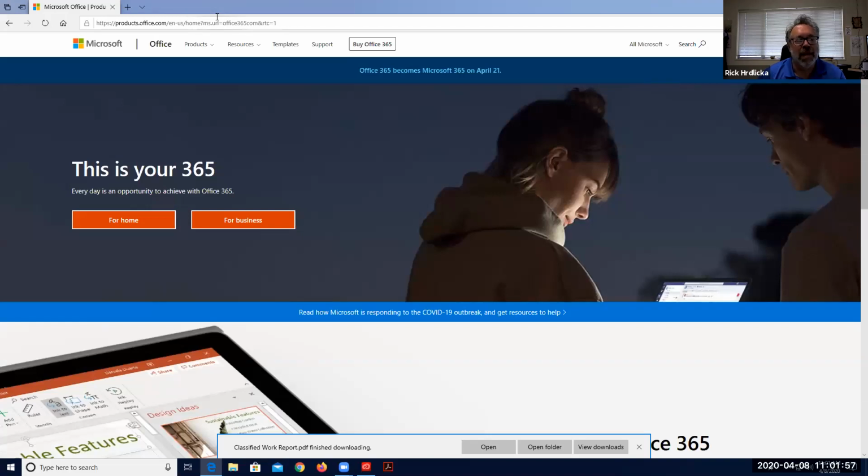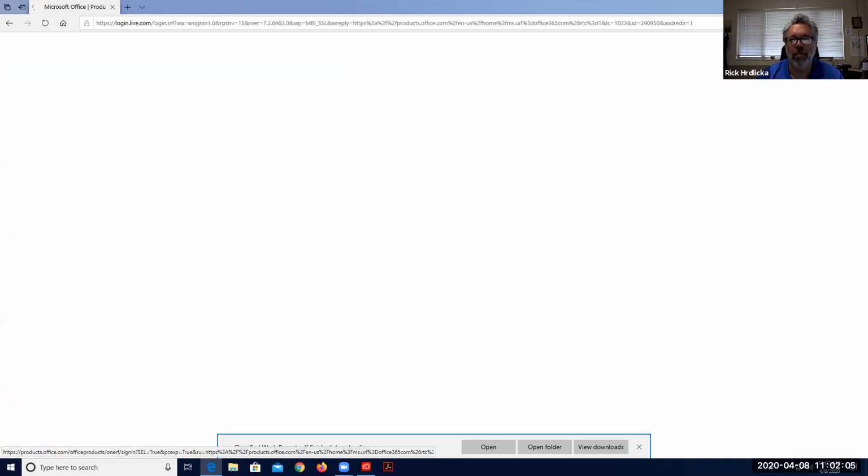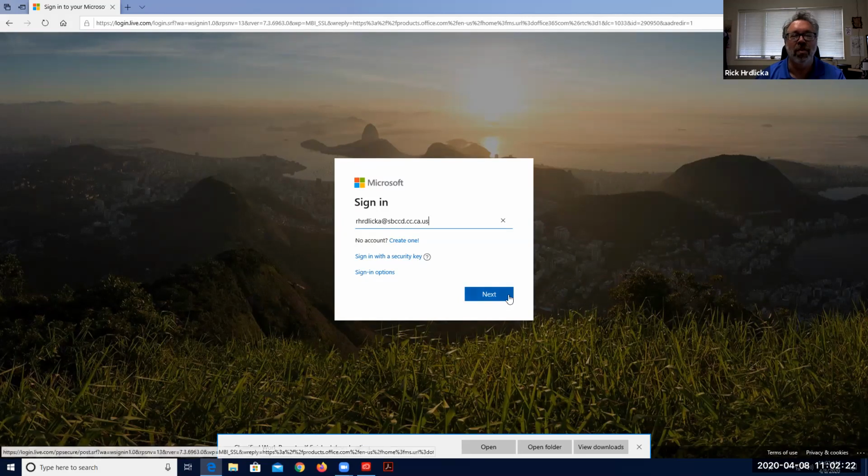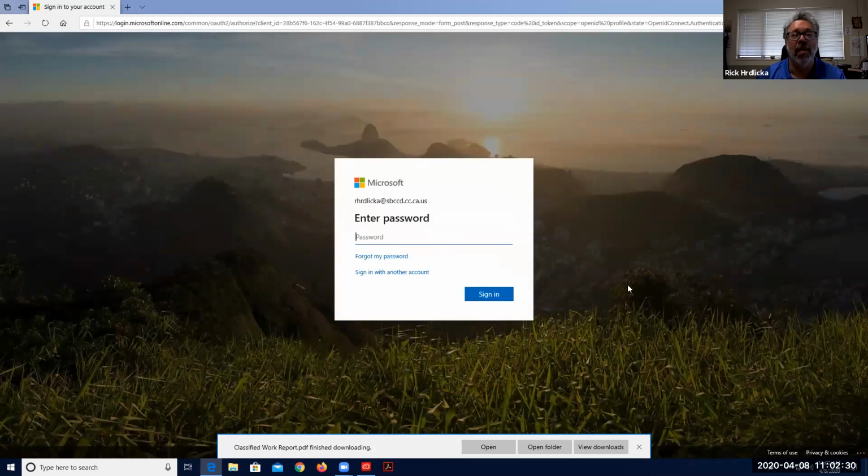And so it's going to take me to a sign-in page, and now I need to sign in with my work credentials. So if I go to sign in up here on the right, I'm going to sign in at rherdlicka@sbccd.cc.ca.us. I believe some of your other email accounts work too. Extensions, this is the one I've always used, so it's the one I use here. Okay, I'm going to click next,